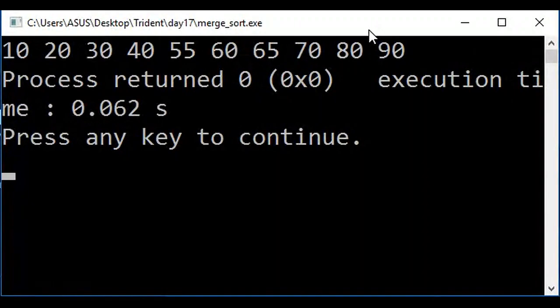Just a minute, guys. Let me share it. The editor has been opened. Go back to the editor. I guess this output window is visible.